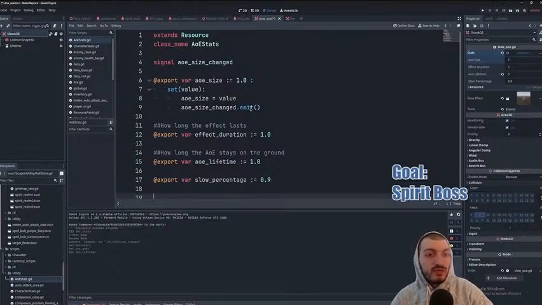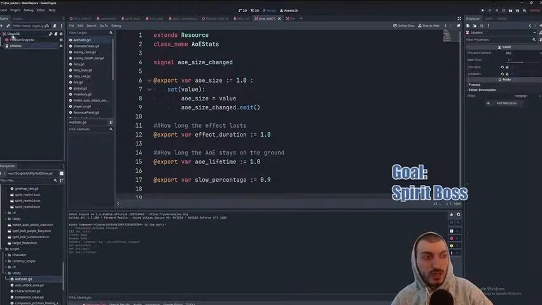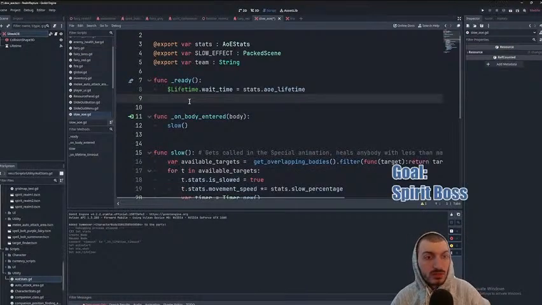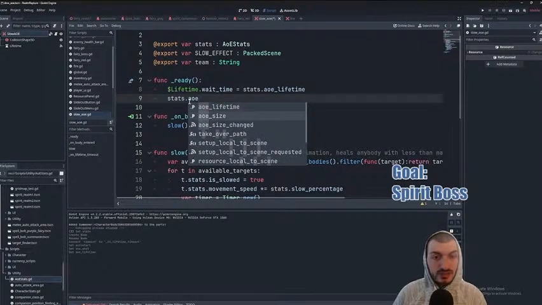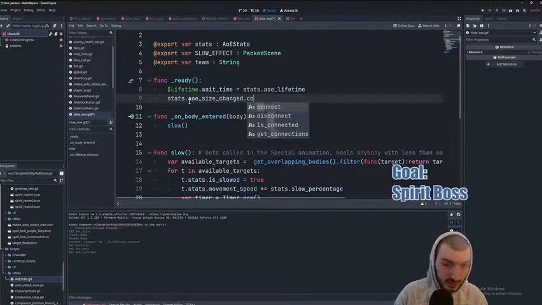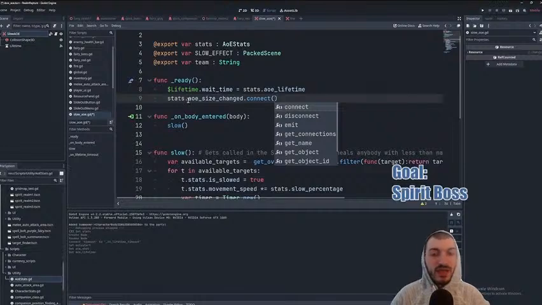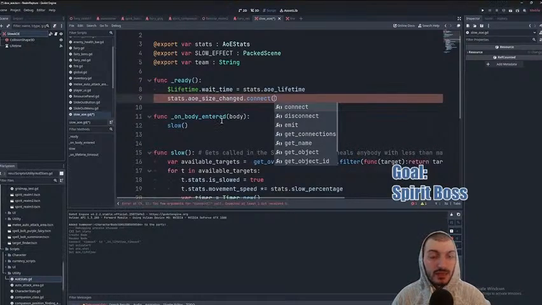So we can do AoE size changed dot connect. So stats dot AoE size changed dot connect, and then we're gonna connect it to an anonymous function